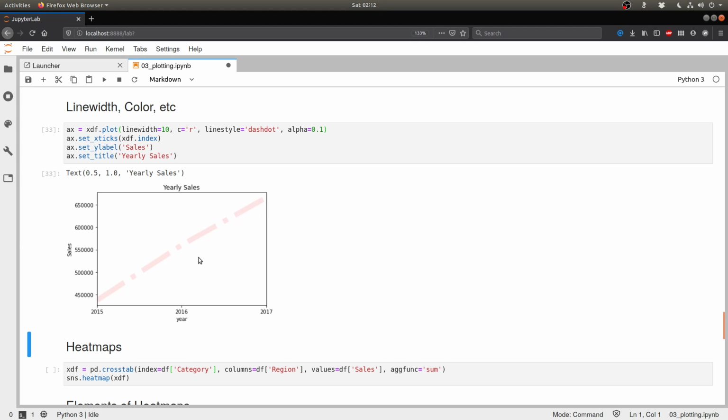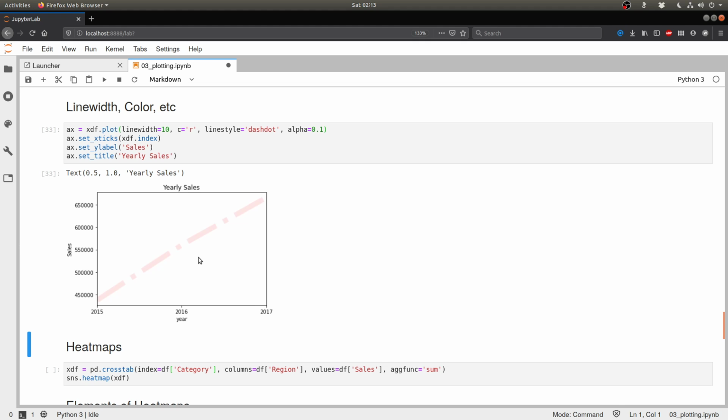So many of these attributes will apply to many of the charts, but you can't just add any attribute to any chart and expect it to work. So be careful about that. However, note that you can always look at the documentation of Matplotlib or Pandas to figure out what are the options you want, and therefore figure out what sort of parameters you want to set to come up with the right kind of chart.